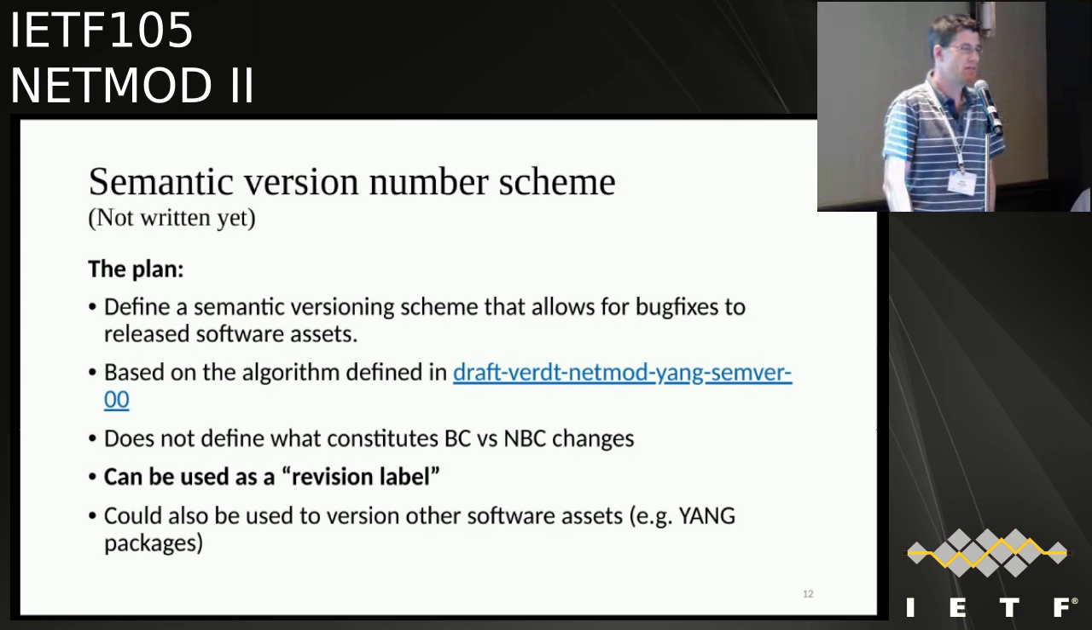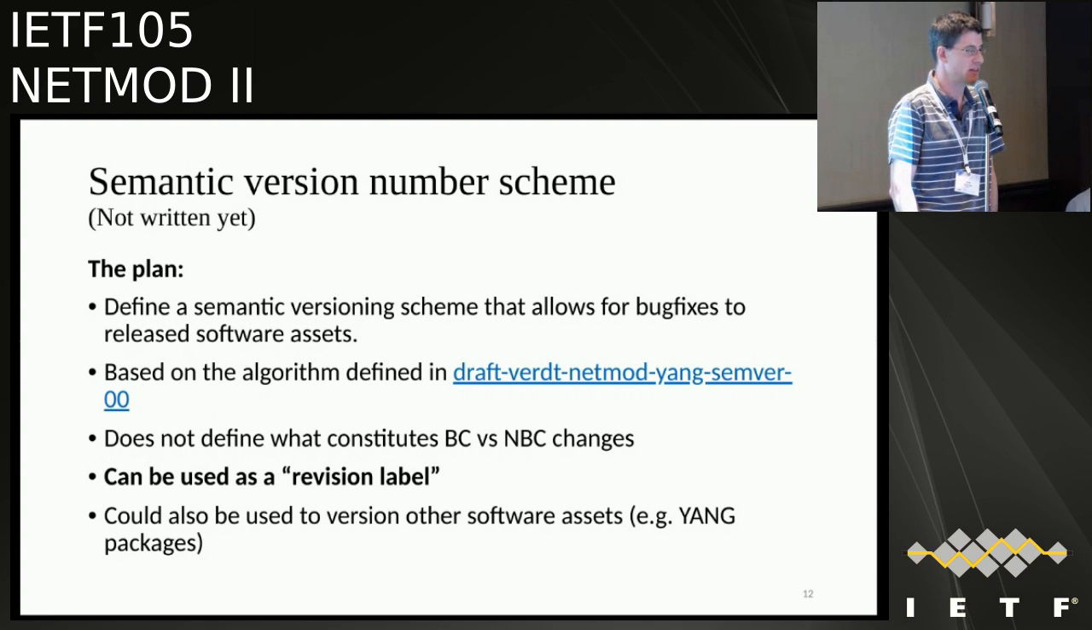So the second draft, and this one's not been written yet, is a semantic version number scheme. I'm just saying what the plan is for doing it, and we intend to do this over the next four months: to define a semantic versioning scheme that allows for bug fixes to released software assets. So effectively, it's what's already documented, the algorithm in the draft VerDT netmod yang semver 00, and it's a version of semver 2.0.0, but with the ability to add these bug fixes into the released